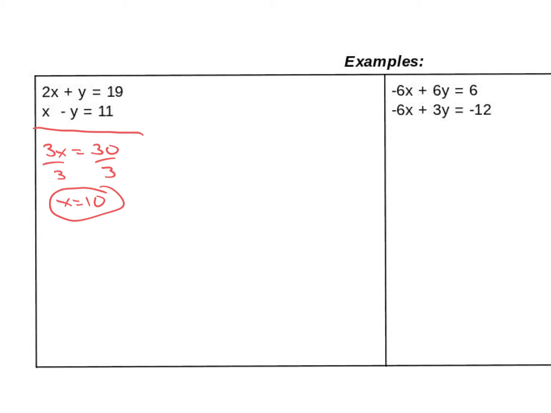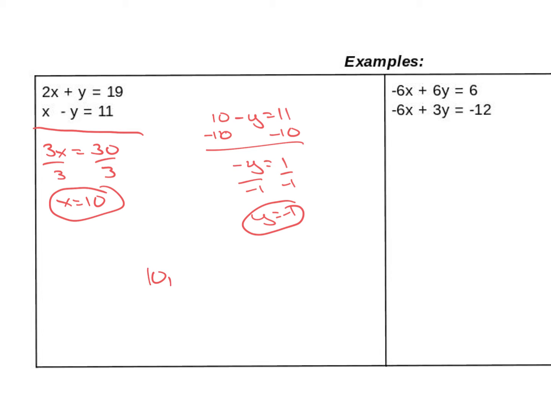Now we want to plug this back into one of the equations. Doesn't matter which one. I'm going to go to the bottom one. And then we can solve for y. So start by subtracting 10. That's going to equal 1. And then if we divide by -1, y is going to equal -1. So the answer we're looking for here is 10, -1. And we're good to go. And like I said, we can always plug them back into the originals just to double check our work. All right, looking at this second one,